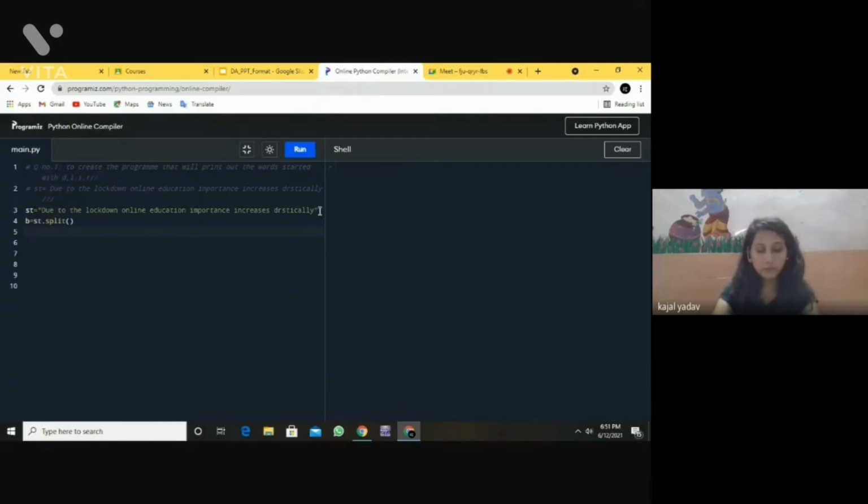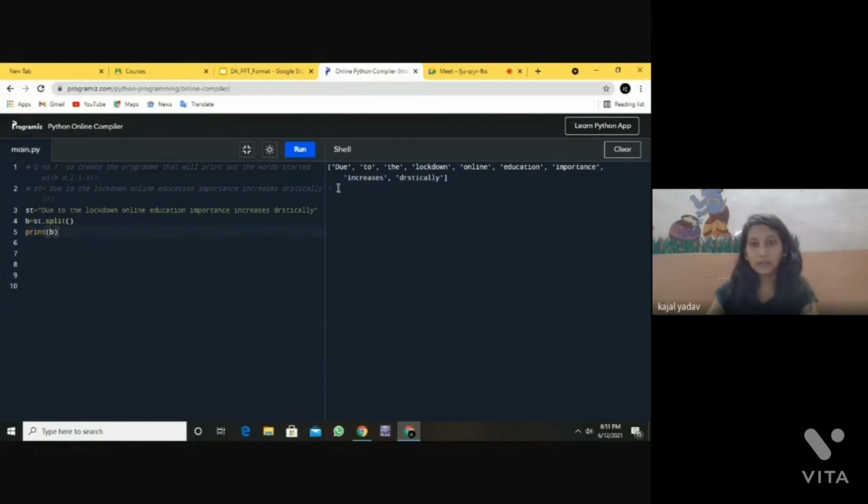Then for our convenience, we will print this b. Then we will get each and every word separately on the screen. So these are the words it is giving separately. So now after printing b,